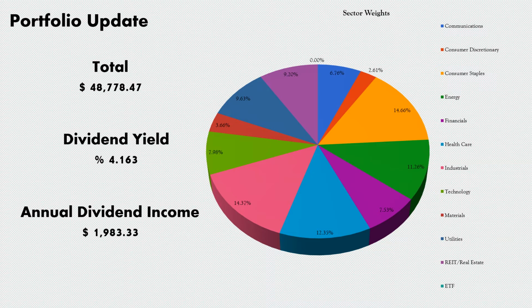Now, one of the things I'd like to cover while we're looking at sector weights, a lot of people, whenever they first get started, they wonder how to set up their portfolio. How do I know what sectors to get into? How do I know how to weight the portfolio? Where do I put my money within the portfolio? Those sort of questions. Now, in my opinion, it's best to be diversified. So as you can see, I try to get a little bit in each sector, but really it's all about